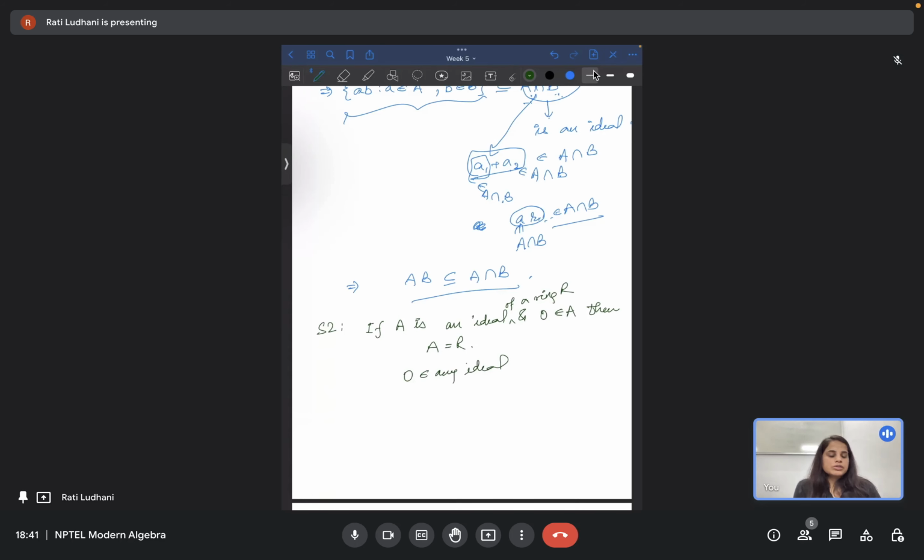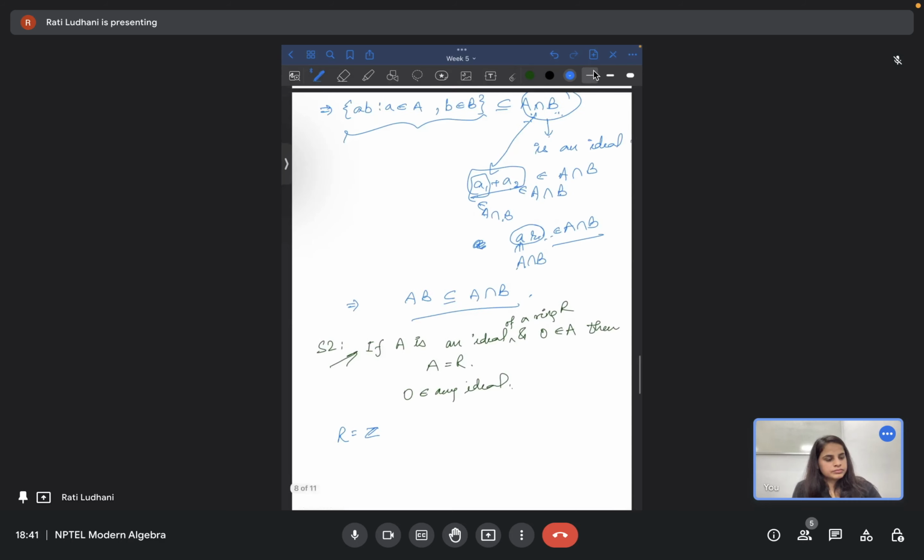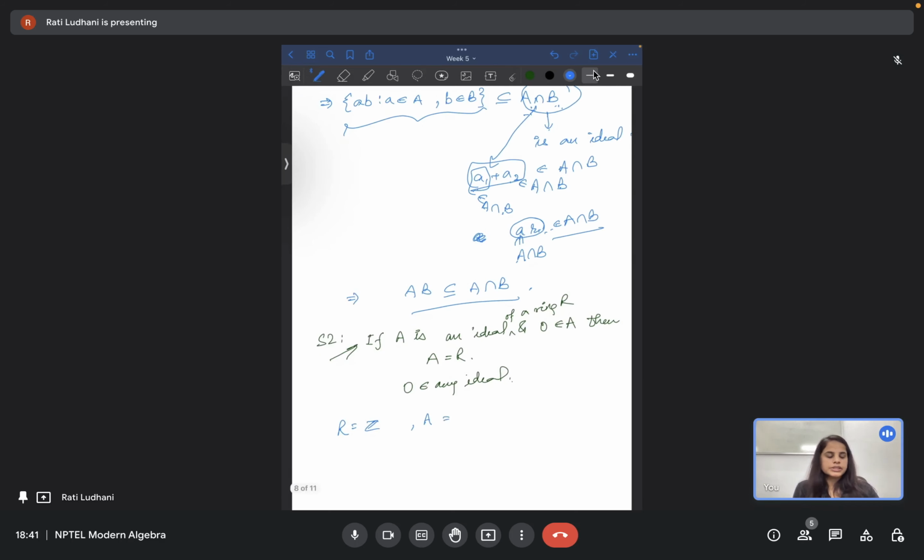Okay. So because of this, now let's see if we have any example which does not satisfy this property. What is that? Can you think of any example? Set of integers Z. Yeah, let's take R as Z, and what is your A? To start with, you can always take integers, and that is a very good example. So you have the ring to be the set of integers, then you just take A to be anything like